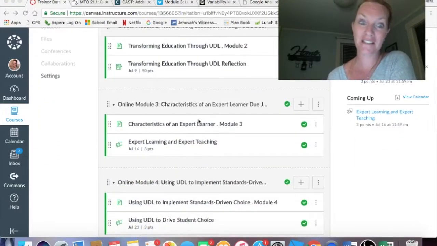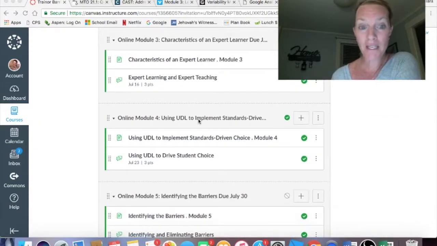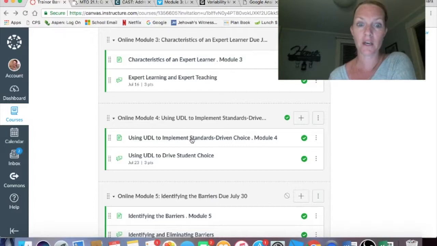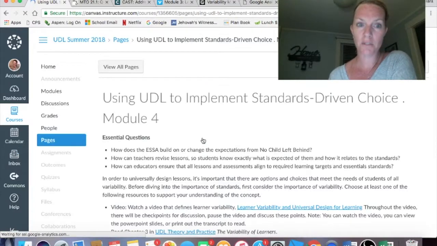Anyway, I thought I would pop in to give you another quick preview, this time about Module 4. This week is all about standards-driven choice and really focuses on learner variability. When we click in, we've got a few options this week, and our first option is